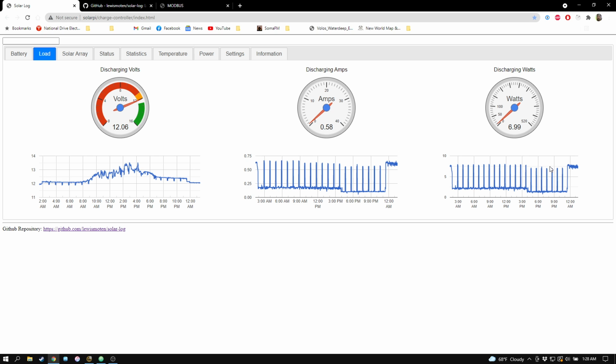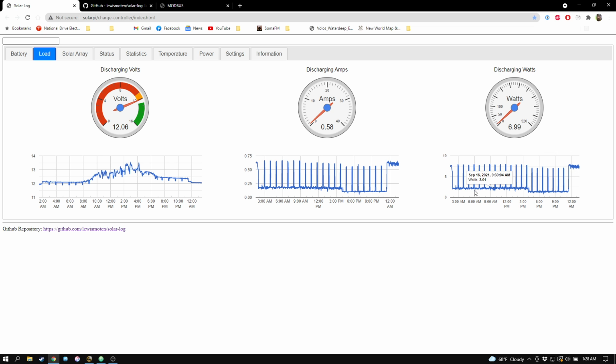You can see right now there is a heavy load at 7 watts. What that is, there's a smaller battery that the Raspberry Pi is hooked into as a backup solution, and that battery recharges itself fully once a day. These little pings are also that same battery just trying to top itself off. It doesn't use much of the battery that often, but it keeps itself fully maintained. It's an interesting thing when I first saw this happen, but I needed that battery because when the battery